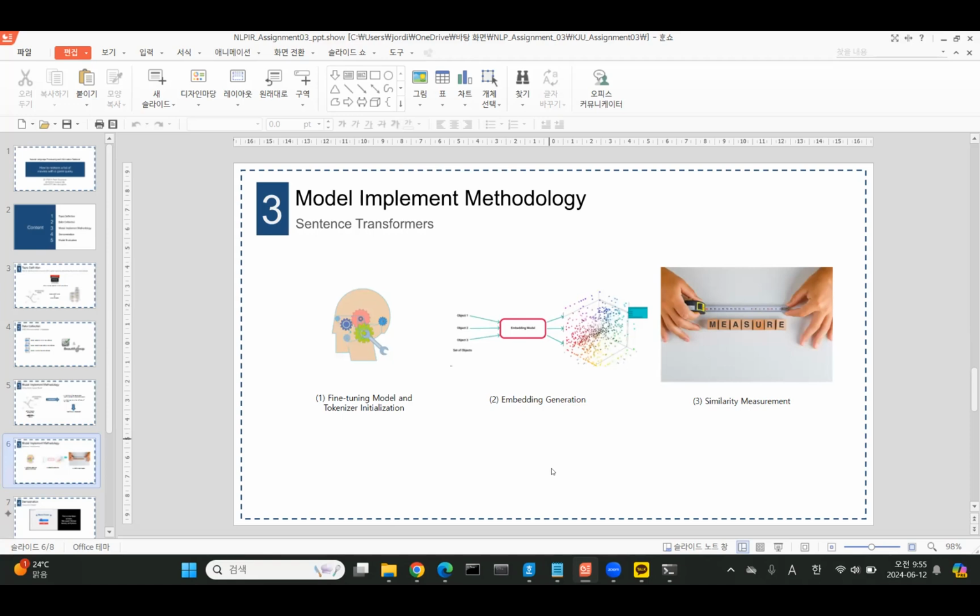This ensures high cosine similarity between label query embeddings and script embeddings. Second, embedding generation. Movie scripts are tokenized and encoded. The transformer generates embeddings, and min pooling is applied to obtain fixed size sentence embeddings representing the entire script's content